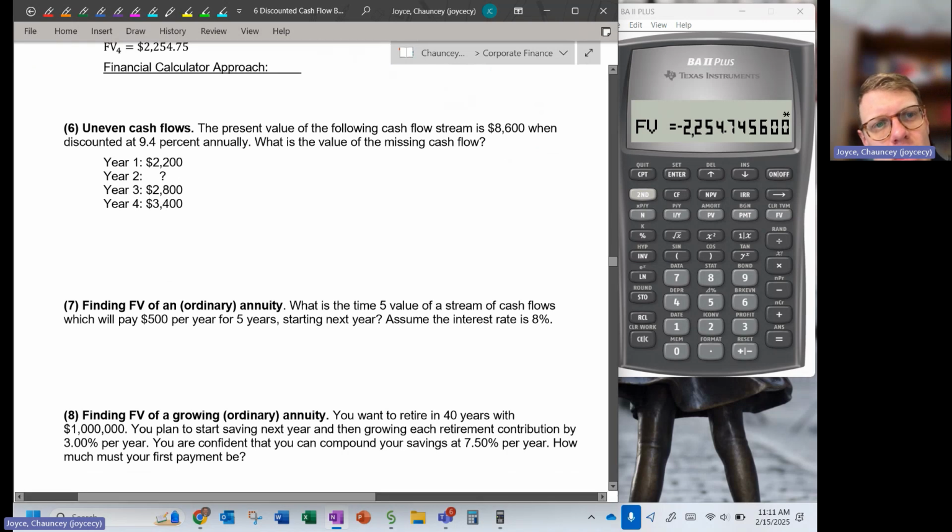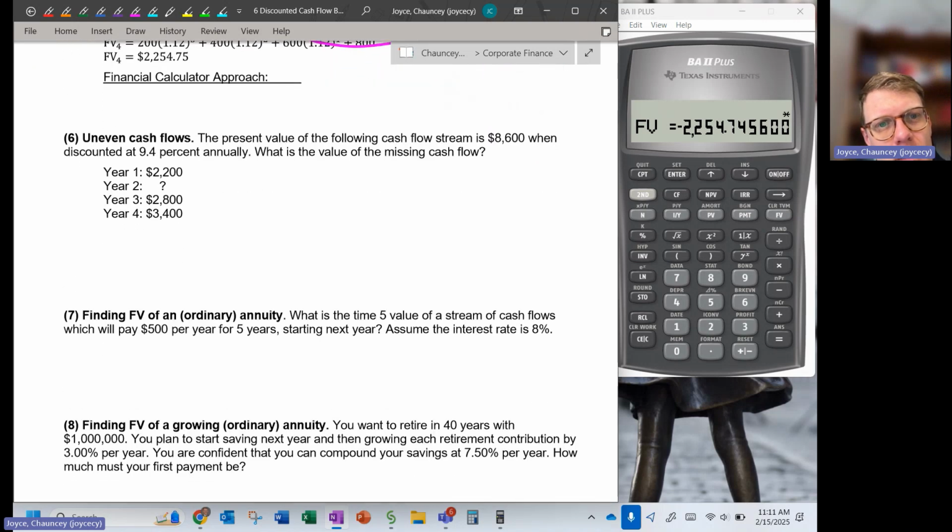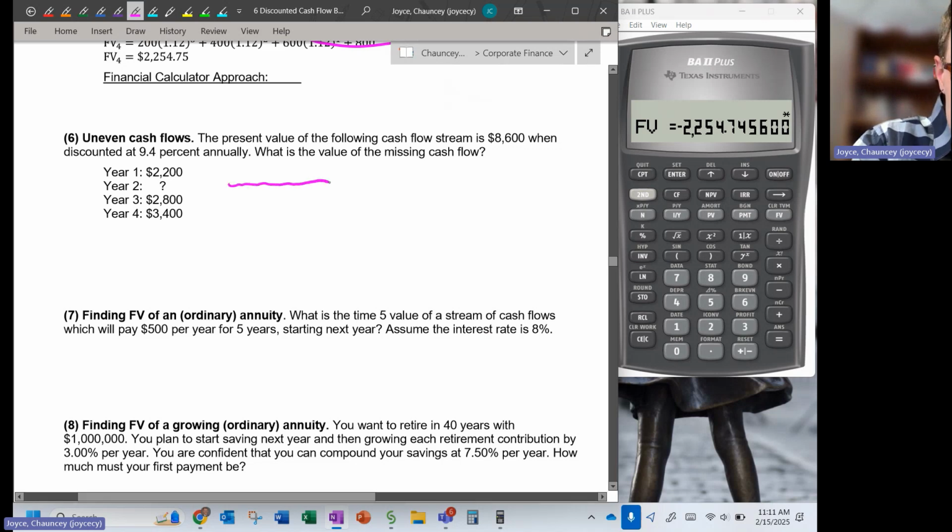So now the next question is a little bit trickier. We have a few things going on, and this one is very, very helpful to think of as a timeline. So I'm just going to draw these out on a timeline. If that's time zero, we know all of these cash flows today are going to be worth $8,600. We were given the first cash flow of 2,200. We don't know the second cash flow. We'll just call that X for now. Cash flow 3 is 2,800. And then the fourth cash flow is